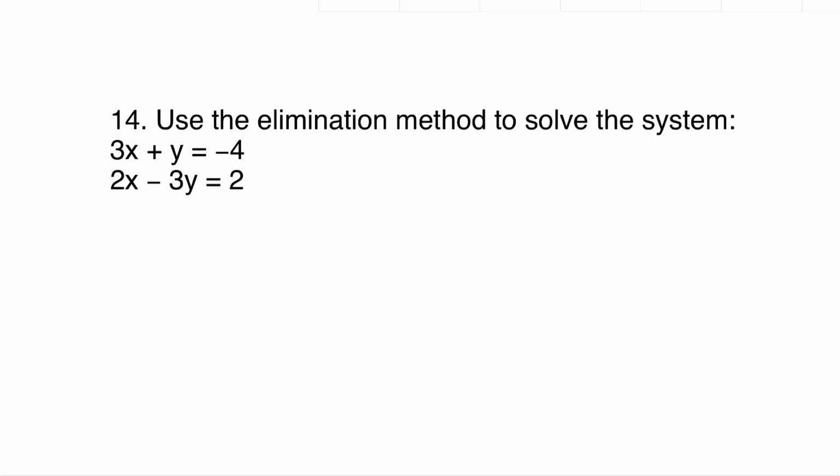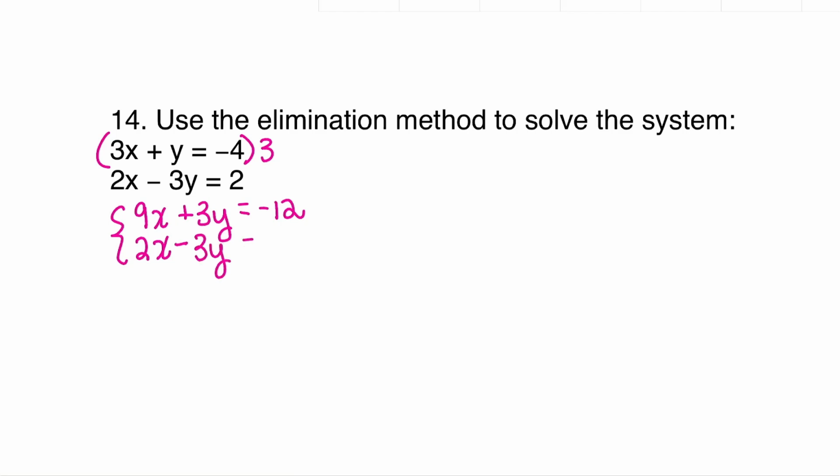Number 14, use the elimination method to solve the system. So this one is requesting that we are using a specific method. I'm going to target our y values here because they have opposite signs. So here I'm going to multiply the entire top equation by 3. And that's going to give us 9x plus 3y equals -12. On the bottom, we have 2x minus 3y equals 2. When we add these together, we're going to get 11x